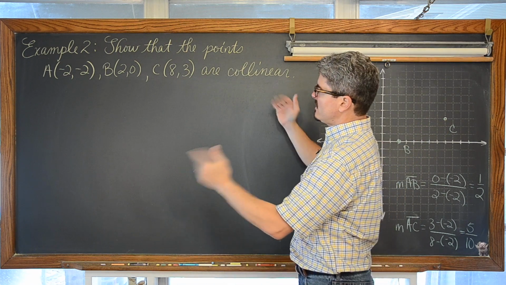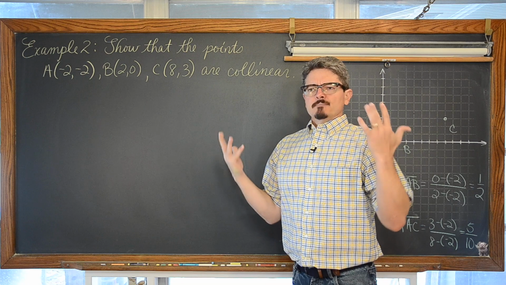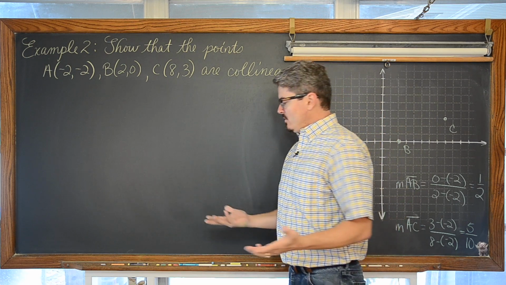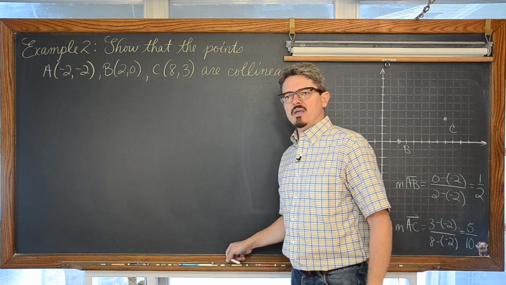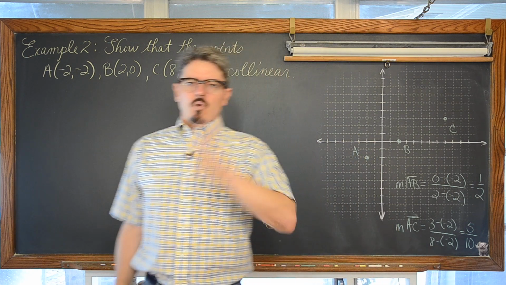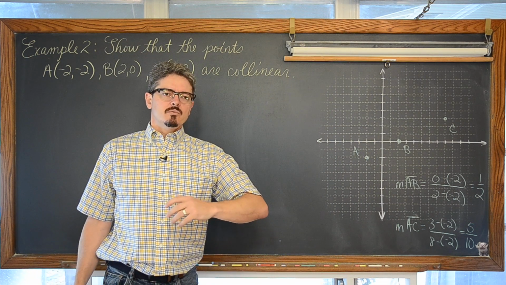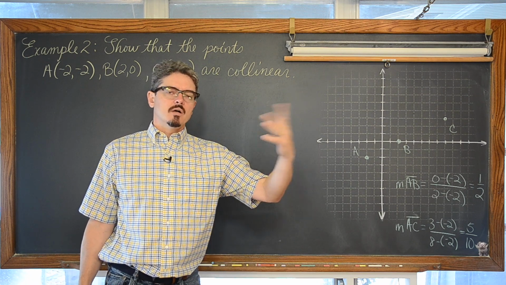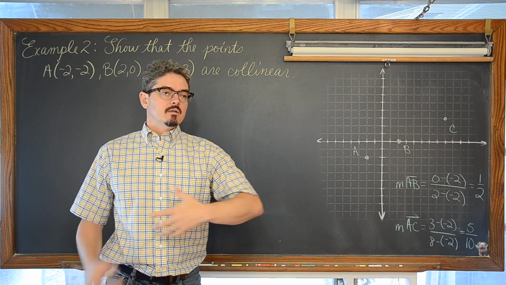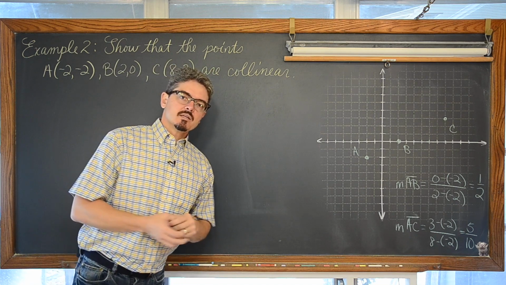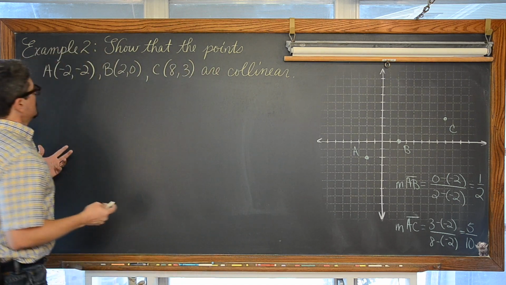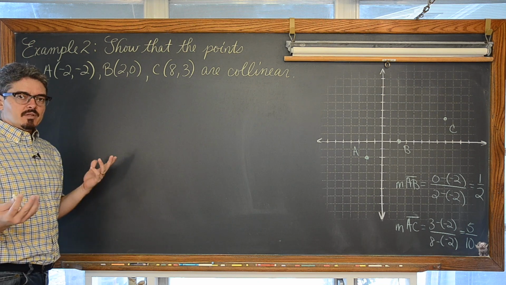So now that we know that these 3 points are collinear, how can we do this with our new knowledge about vectors? And that formula I just gave you on the previous page, where if one vector is equal to a scalar multiple of another vector, then they're collinear. If that scalar multiple is positive, same direction. If that scalar multiple is negative, they're going in the opposite direction. Well, we just simply need a couple of vectors.